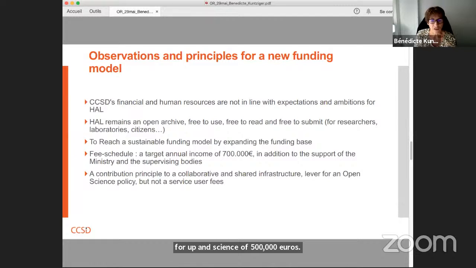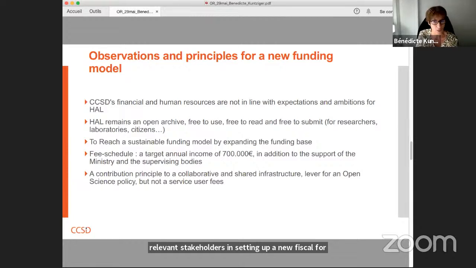Until now, an institutional portal had only to pay 1,200 euros once when the portal was created, which is a very low cost that does not reflect the reality of production costs. In 2020, in order to better take into account user needs and to provide ongoing funding for HAL, the supervising bodies of CCSD and the Committee for Open Science discussed with the relevant stakeholders in setting up a new fee schedule for institutional portals